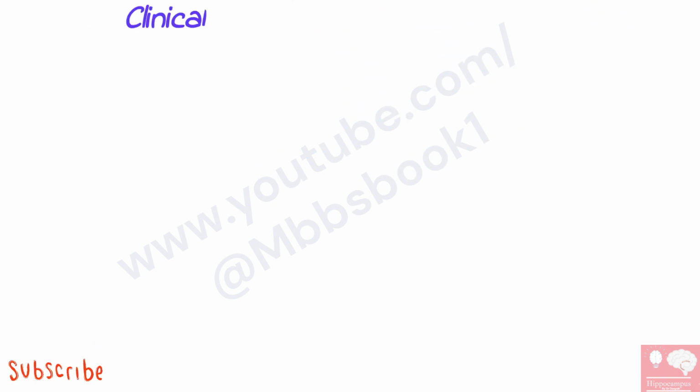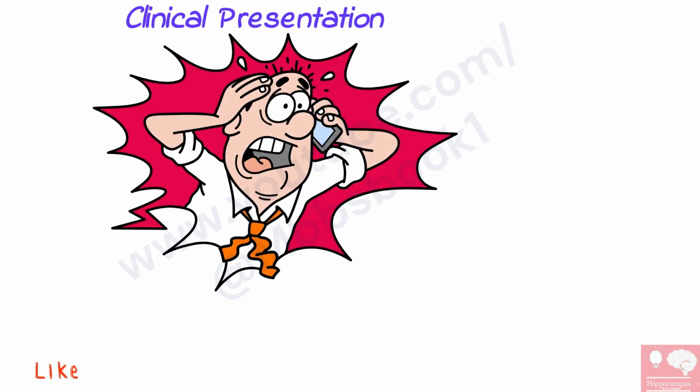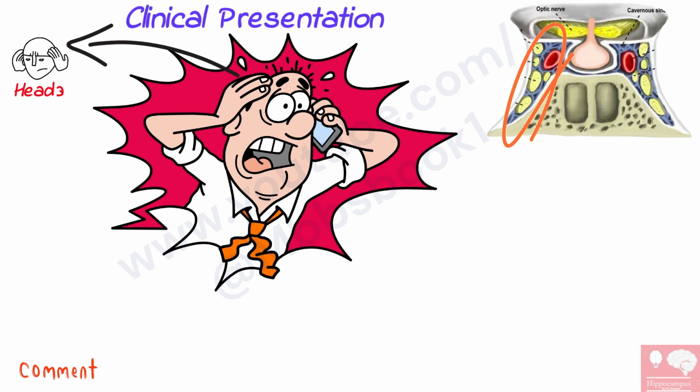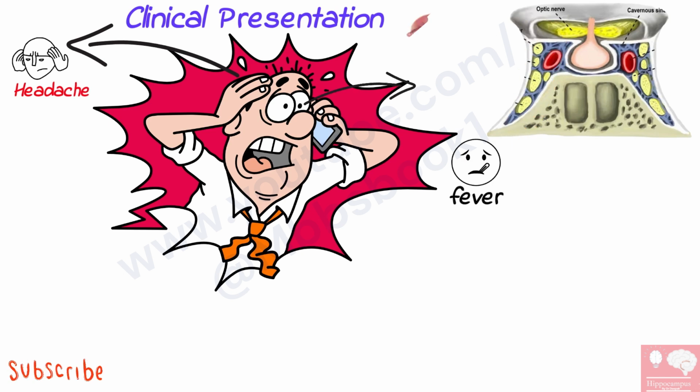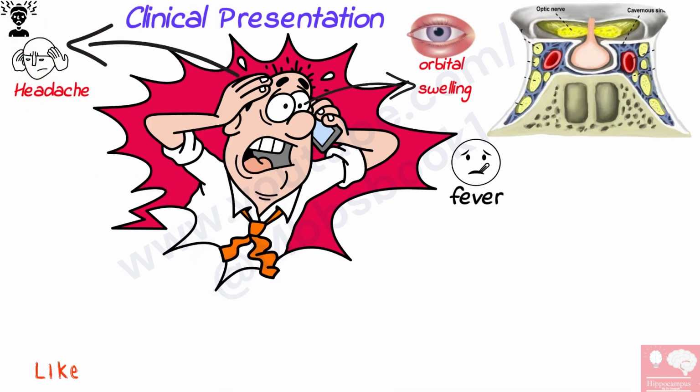Next, clinical presentation. The clinical presentation is usually due to the venous obstruction as well as impairment of the cranial nerves that are near the cavernous sinus. Headache is the most common presenting symptom and usually precedes fevers, periorbital edema, and cranial nerve signs. The headache is usually sharp, increases progressively, and is usually localized to the regions innervated by the ophthalmic and maxillary branches of the fifth cranial nerve.